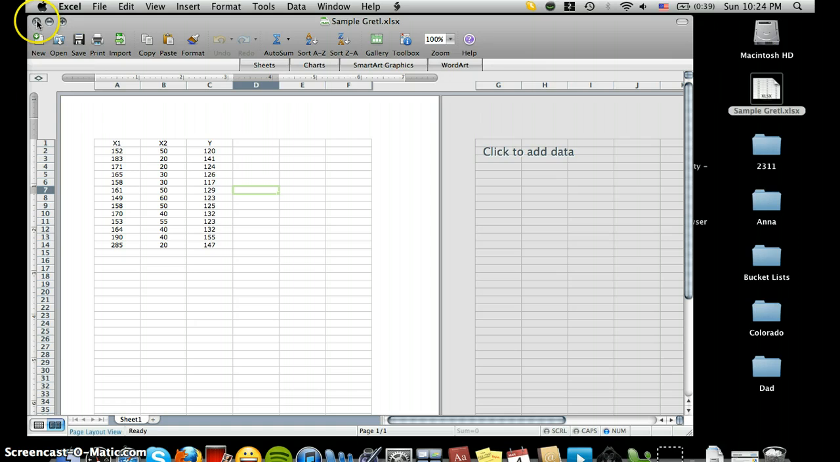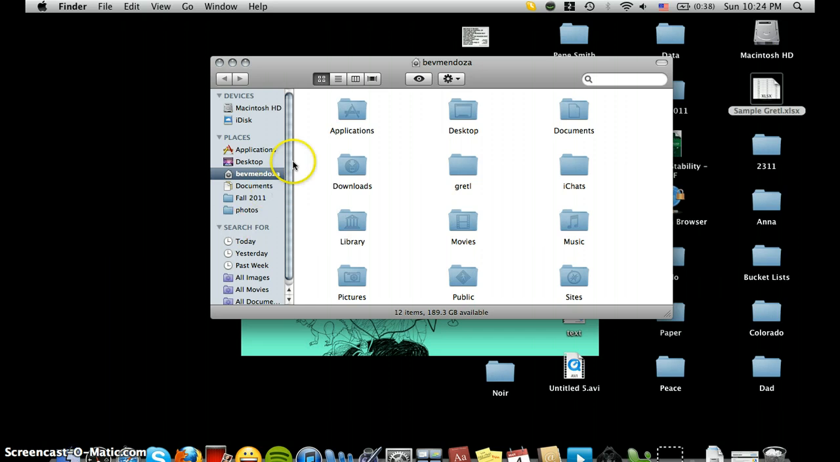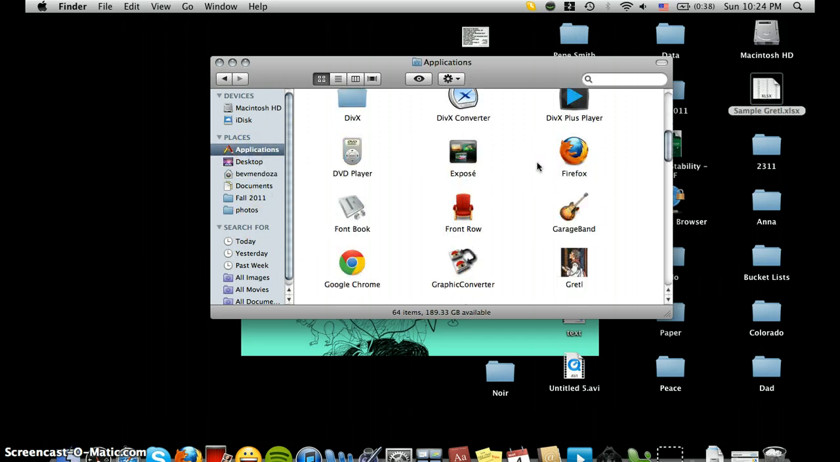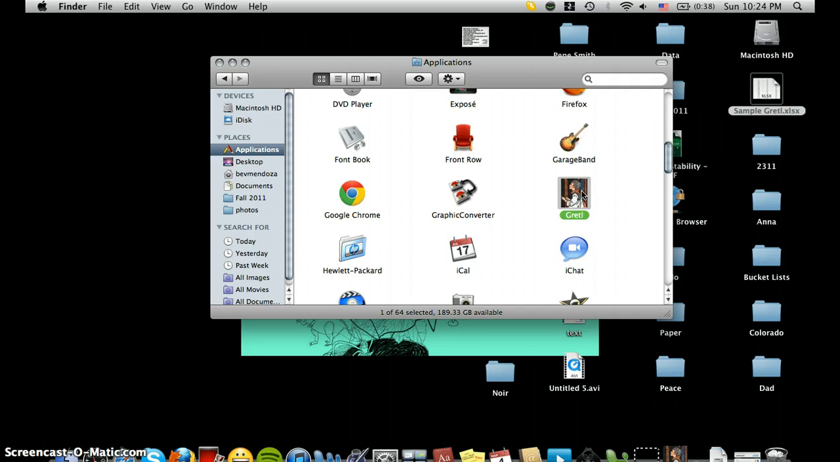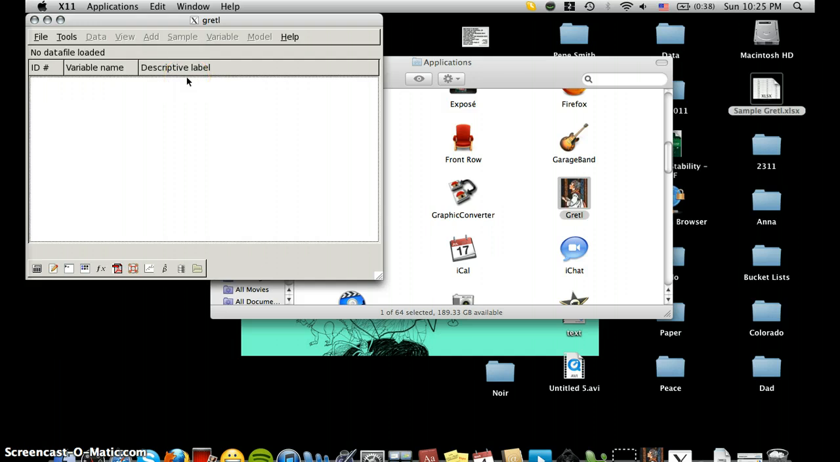So I will just exit that and open the GRETL program. Since I am using a Mac, it will be under my applications folder. Once I've opened it, I am going to import the data from the Excel sheet, and I'm going to